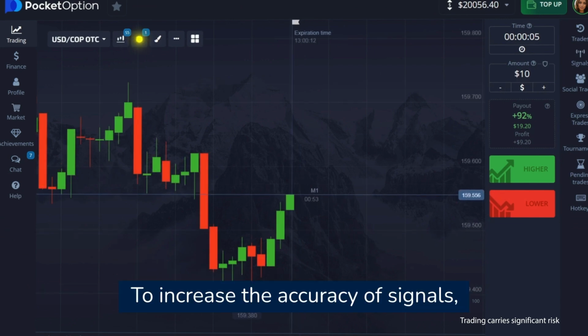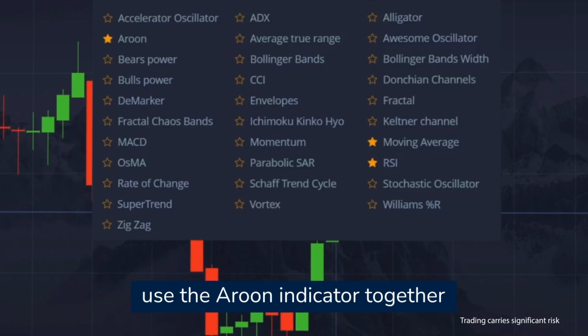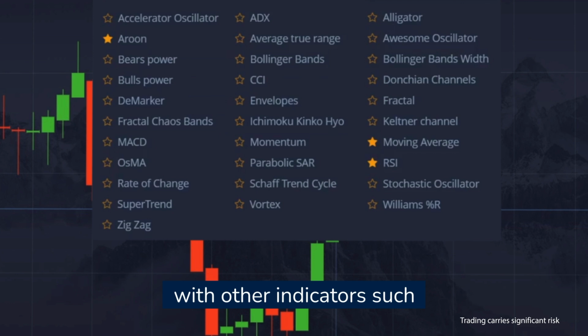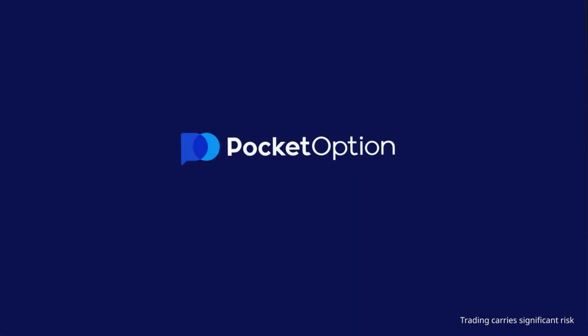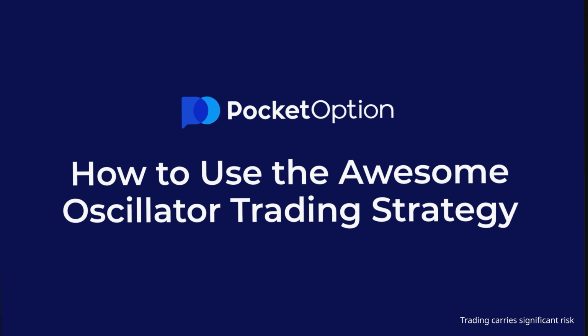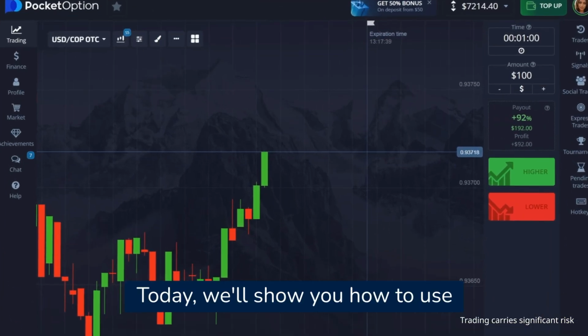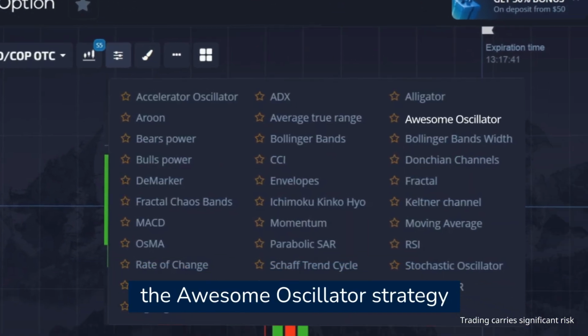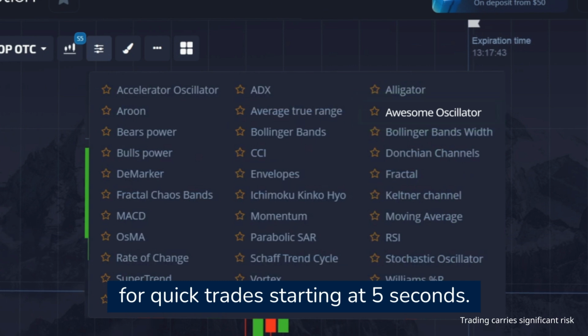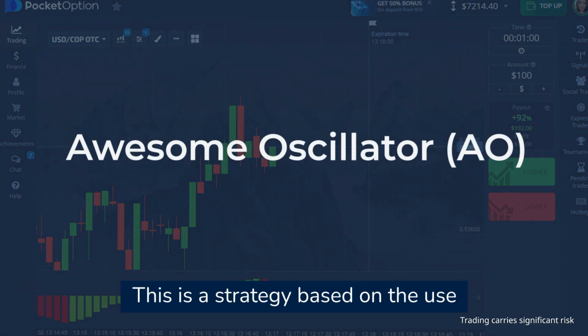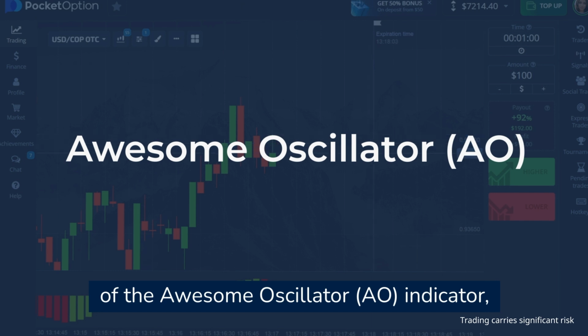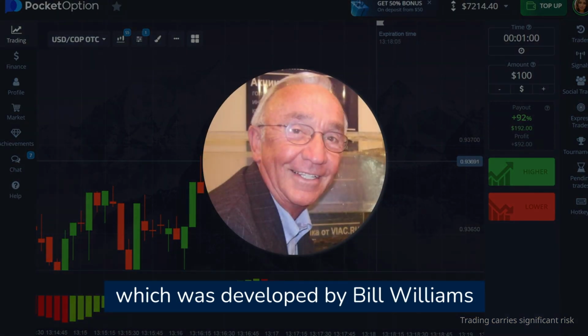To increase the accuracy of signals, use the Aroon indicator together with other indicators such as moving average or RSI. How to use the Awesome Oscillator trading strategy. Today we will show you how to use the Awesome Oscillator strategy for quick trades starting at 5 seconds. This is a strategy based on the use of the Awesome Oscillator, AO, indicator, which was developed by Bill Williams